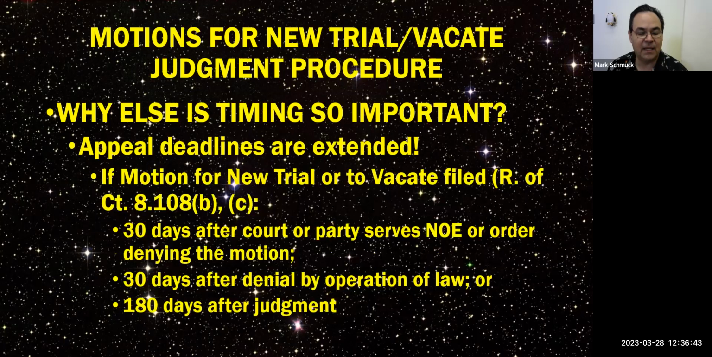However, if you intend on appeal and a timely motion for a new trial or motion to vacate has been filed, the deadline to appeal the judgment becomes 30 days after the court or a party serves notice of entry of the order denying the motion, 30 days after the denial of the motion by operation of law, or 180 days after the judgment. I know this is really confusing,